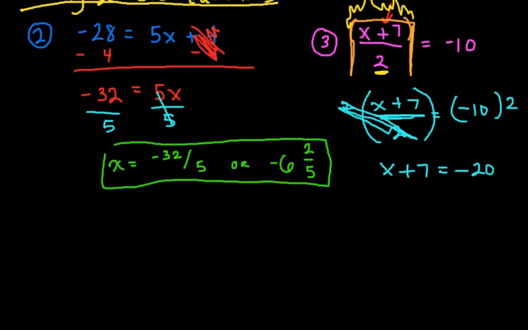So now all we have to do from here is subtract 7 on both sides. Okay, those cancel out. X equals negative 20 minus 7. That's negative 27. So our answer is